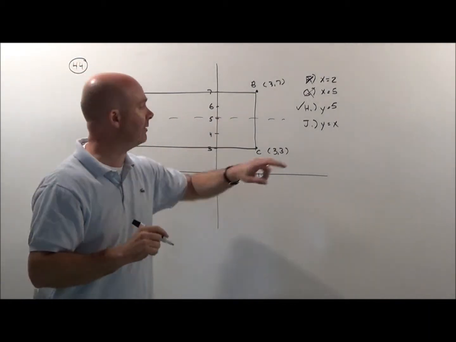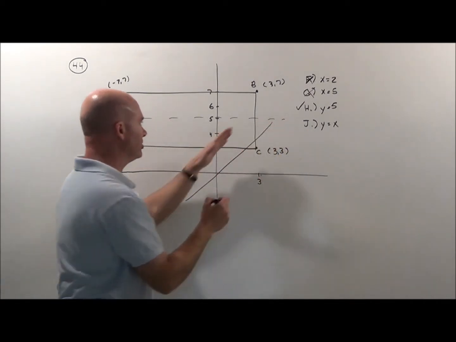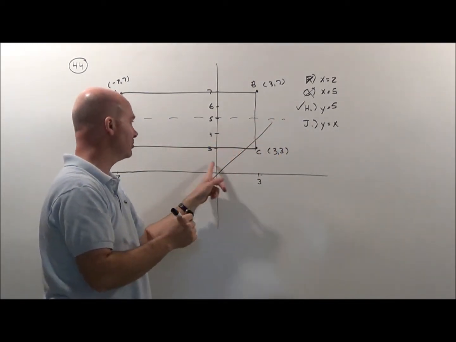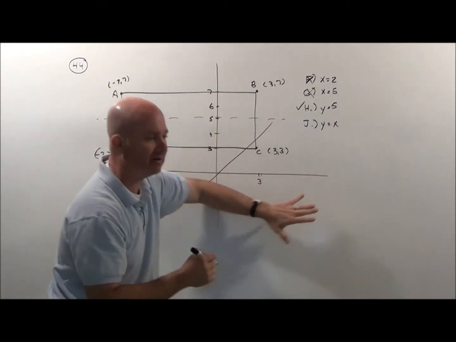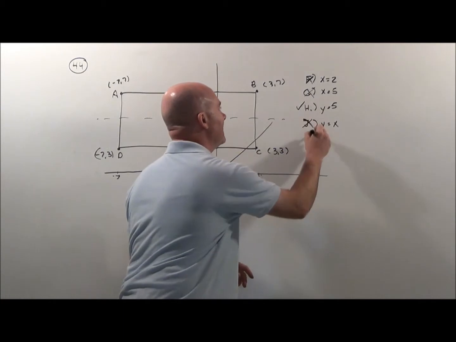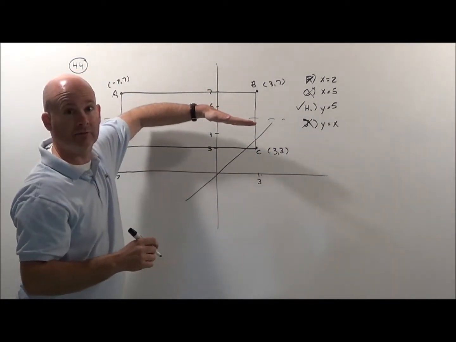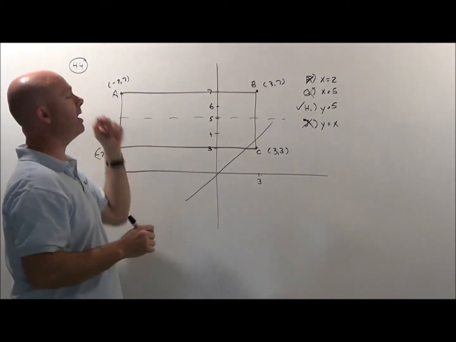Now, to double check we haven't made a mistake. Y equals x, that's this line right here through the origin, a diagonal line. For every x value, if x is 1, y is 1. If x is 2, y is 2. That's that line. That guy's going to land over here. So that's not going to work. That's out of the question too. So our answer will be H. Y, the horizontal line, equals 5. Y equals 5 is our answer to problem 44.